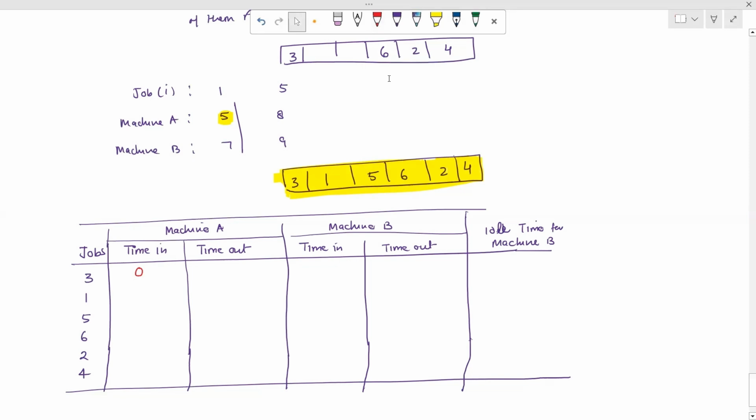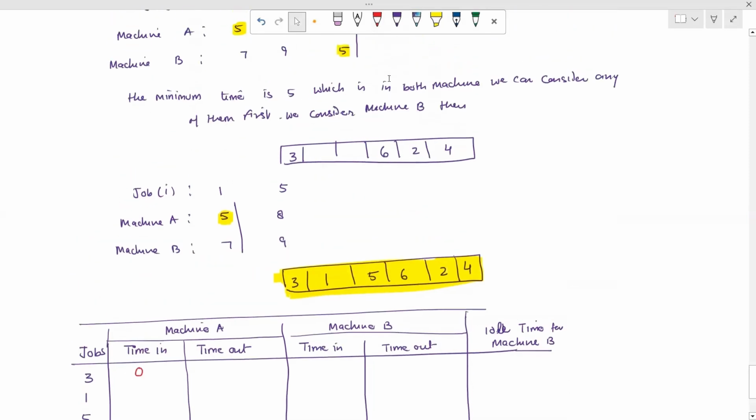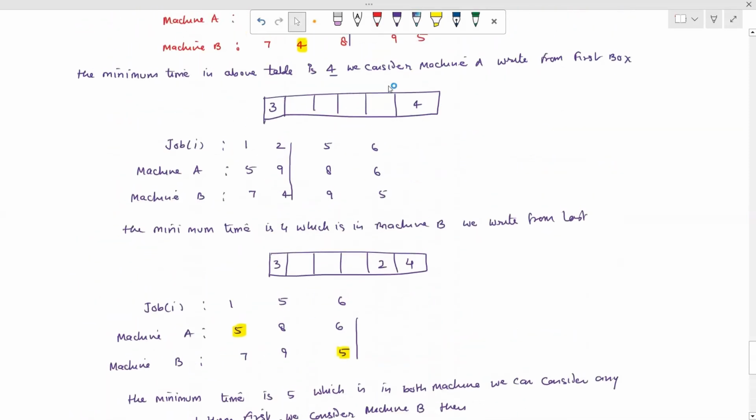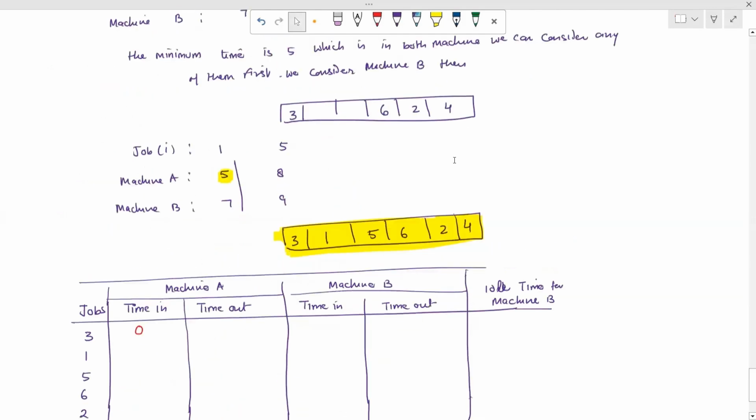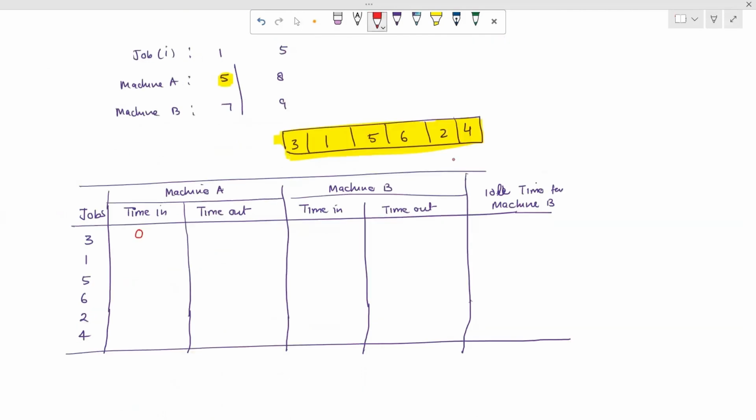तो टाइम आउट चेक करने के लिए अब देखते हैं मशीन ए में थर्ड जॉब पर कितना टाइम लग रहा है? तो मशीन ए में थर्ड जॉब पर 4 आवर्स, सो दिस इज टाइम 4। सो टोटल टाइम मशीन वन के लिए कितना दे रखा है? थर्ड जॉब के लिए 4 आवर, so here is 4. Now the job 1,